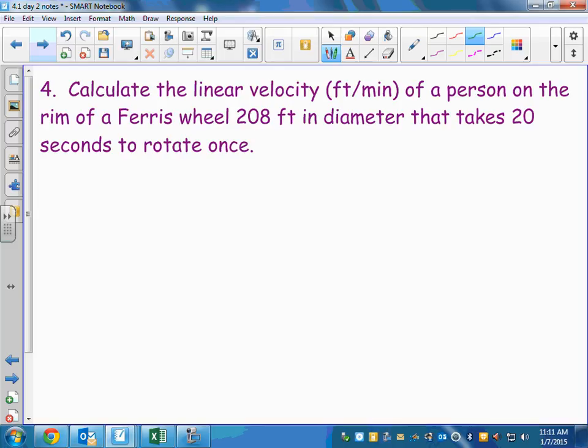Doesn't that seem really fast? I don't think so. I threw up on a Ferris wheel once. Well,